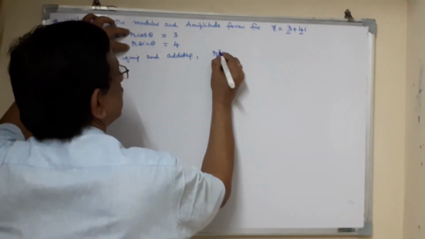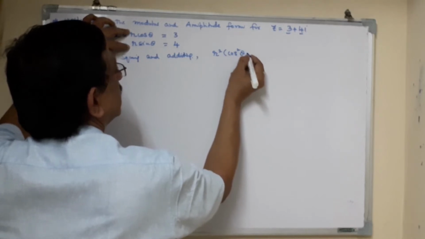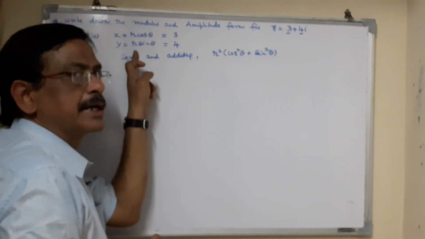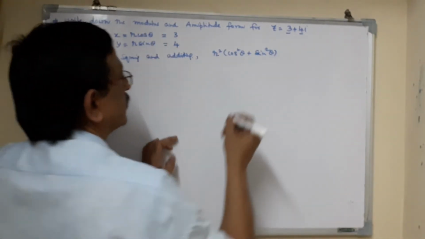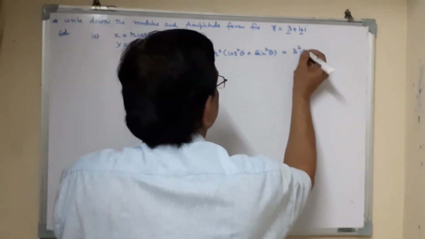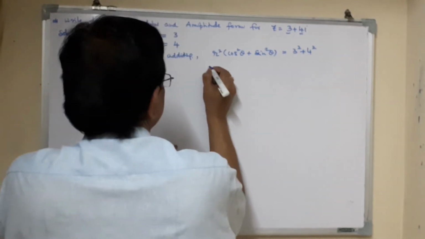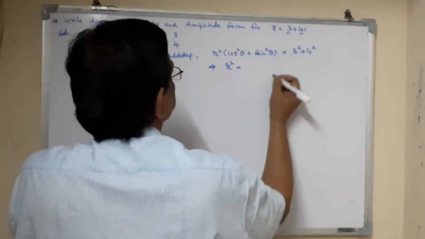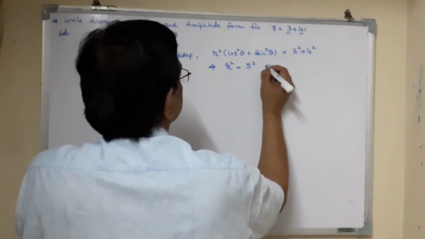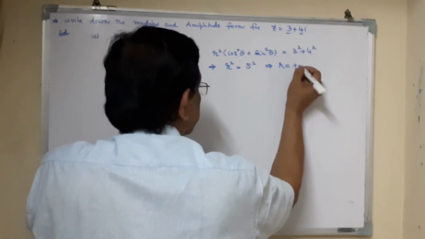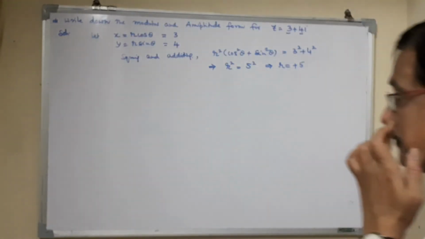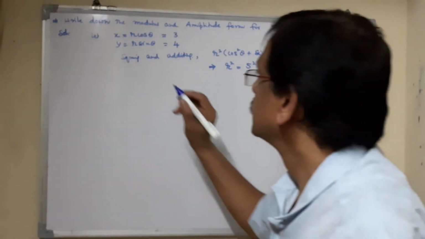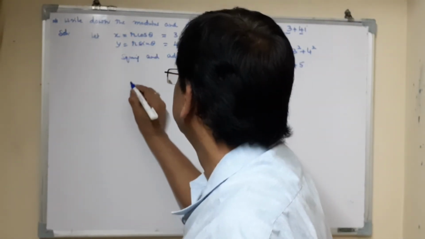This is r square cos square theta plus sin square theta, because I am squaring: r square cos square theta plus r square sin square theta, which is equal to 3 square plus 4 square. This implies r square is equal to 3 square plus 4 square, which is 5 square. So this implies r is equal to plus 5 only, because we are taking only the positive. So when r is 5, then